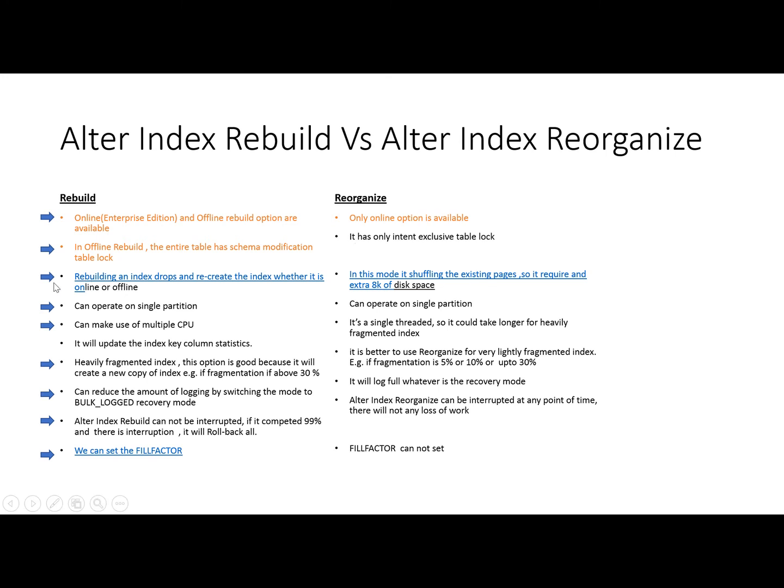It's for a short time. The third comparison is that rebuild will recreate the index, whether it is in online mode or offline mode. It will create the index structure from scratch, while the reorganize method is only shuffling the existing pages, so it requires an extra 8 KB page for this shuffling.